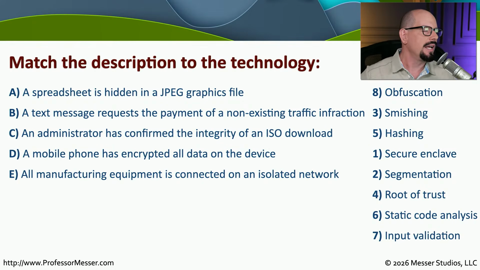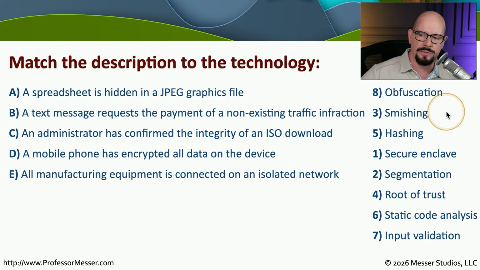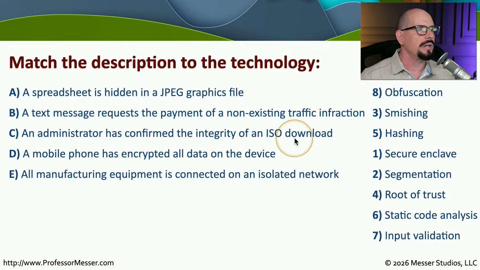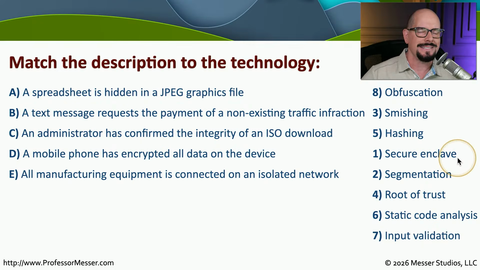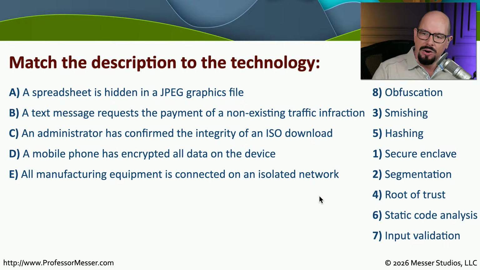Our descriptions: a spreadsheet hidden in a JPEG graphics file is obfuscation. A text message requesting payment of a non-existing traffic infraction is smishing. An administrator confirming the integrity of an ISO download is using hashing. A mobile phone encrypting data on the device is a secure enclave. And all manufacturing equipment connected on an isolated network is segmentation. There are your choices. That's what the things that we worked on for this study group's